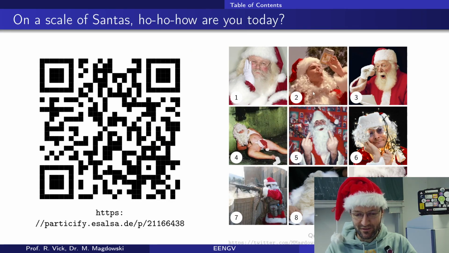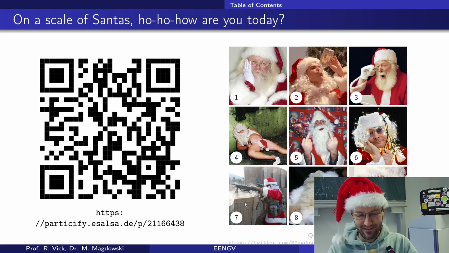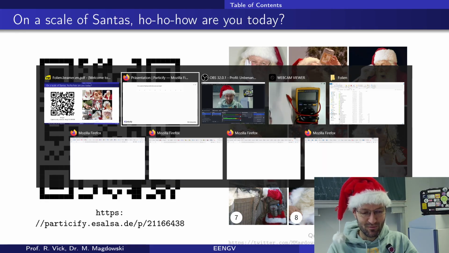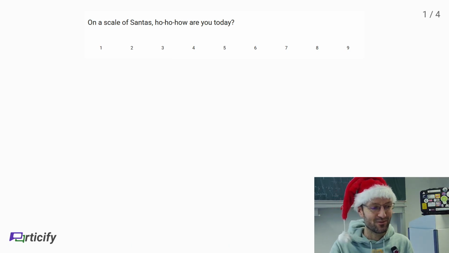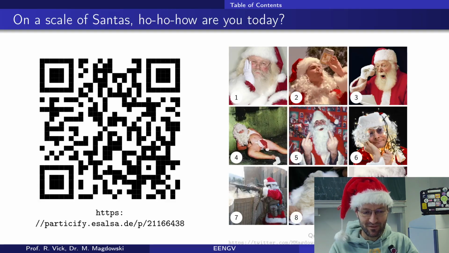There's a very bored Santa, there's a drunk Santa, there's a surprised Santa, there's an even more drunk Santa. There's a very impolite Santa, a Santa that obviously has troubles with his Christmas lighting decoration, a Santa somehow defending himself, a sleepy Santa, and a Santa that looks to be very hungry. So let's see what is the favorite Santa for today. We have 10 answers. I think we have more people in the room. Not everyone has decided yet, but there we have 12 answers. And there are 2 favorites, the number 6 and the number 7. So let's check back again.